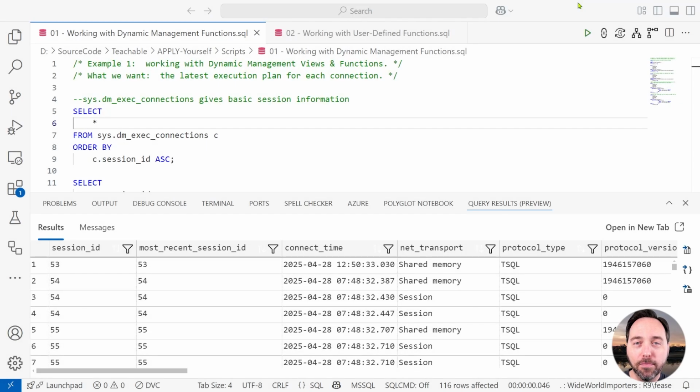Here we are in Visual Studio Code, where I'm going to demonstrate a few things. I'm also trying out the MS SQL extension for VS Code, given that Azure Data Studio will, sadly, not be with us for too much longer. Let's kick things off by querying a dynamic management view called sys.dm_exec_connections. This is a rather useful DMV, as it tells us what is going on right now on our SQL